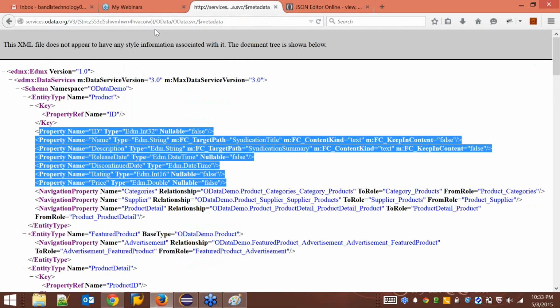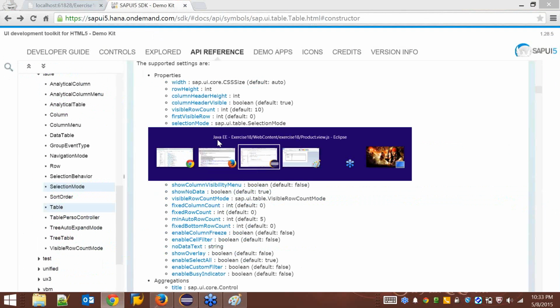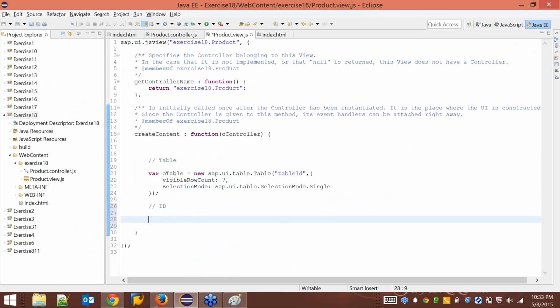What you can do is create the instance of the column separately and then add it to the table, or you can just call the add column method and create your column inside that itself. So the first column that I'm going to do is ID. For the table that you have constructed, I'm going to add a column. In the add column method, you can construct a column and add the reference of the column, or you can straight away create your column here, which is